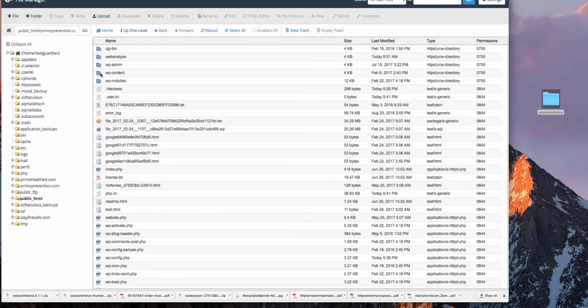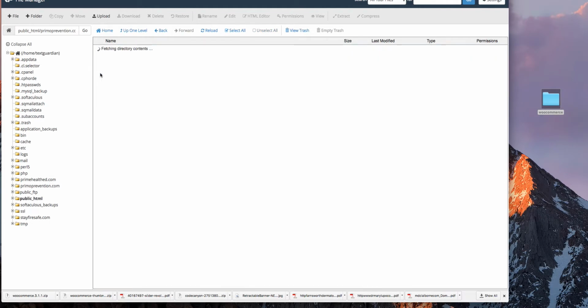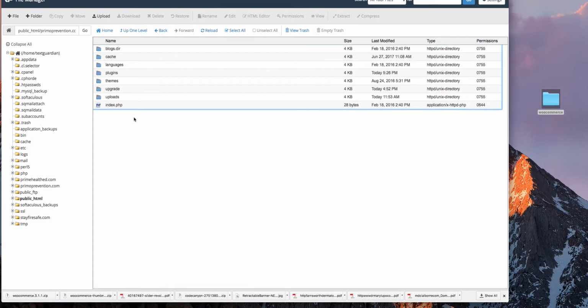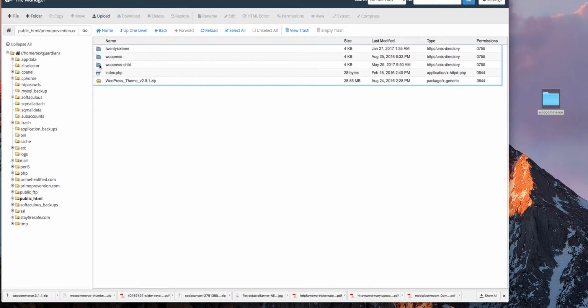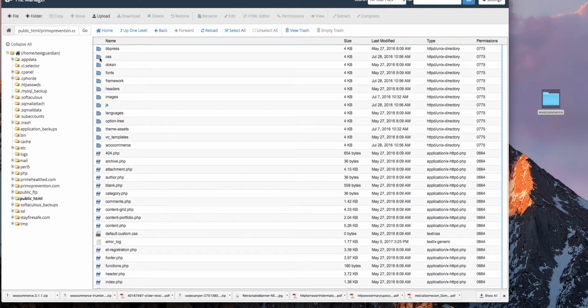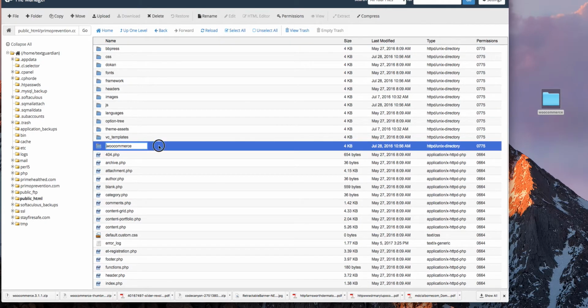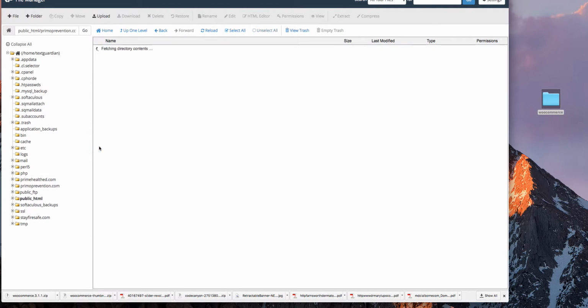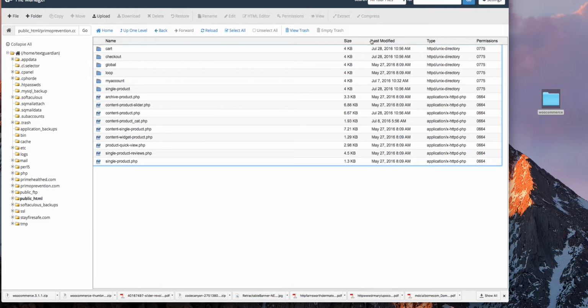So now that we're in here, we're basically going to navigate to our theme. So we click on WP Contents, and then we go to Themes, and then we see we have a child theme and then the regular theme. All right, so we're going to click into that. And this particular one, most of them are going to be like this. It's going to be clearly labeled WordPress, right? So we're going to click into that, and this is basically